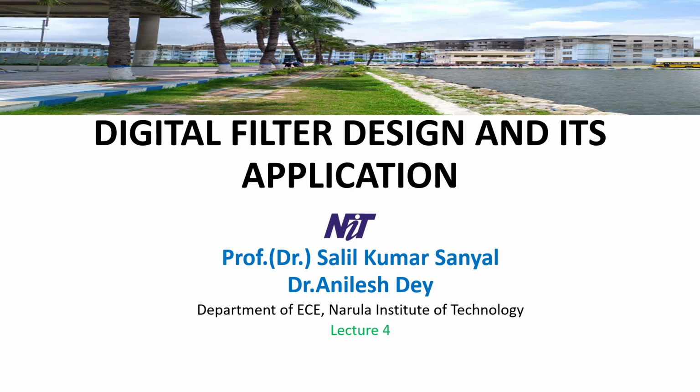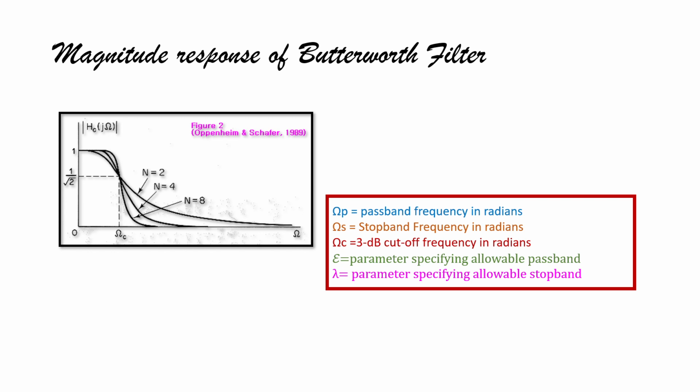This is lecture 4. In lecture 3, I already discussed the magnitude response of the Butterworth filter, and also the derivation of the order of the filter, which is capital N. In this figure, it is the magnitude response of the Butterworth filter, where omega p is the passband frequency in radians, omega s is the stopband frequency in radians, omega c is the 3 dB cutoff frequency in radians, epsilon is the parameter specifying the allowable passband, lambda is the parameter specifying the allowable stopband,